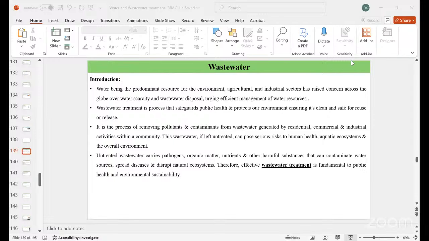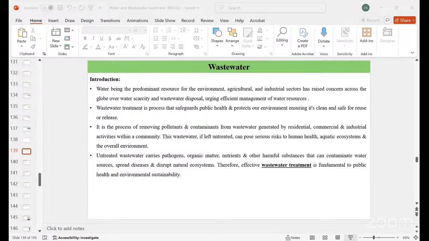Flow equalization is mainly to stabilize the flow pattern and composition of wastewater entering the treatment plant. By temporarily storing the incoming water in a large basin, the treatment facility can manage fluctuations in volume and concentration, ensuring more efficient downstream processes. The equalization tank allows the water to settle down, and that is how the water can be pumped up slowly. Coming to the primary treatment, it aims to reduce settleable organic and inorganic solids,